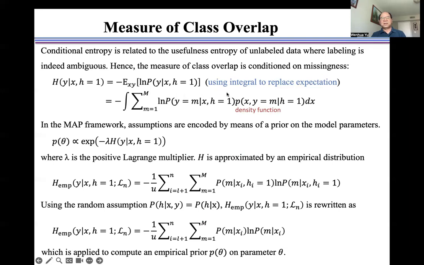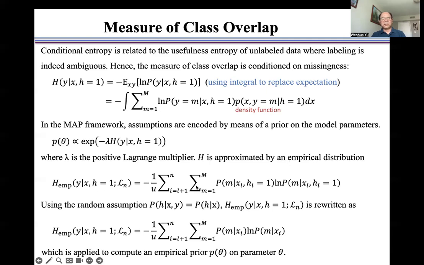Using an integral to replace the expectation, we have this formulation. This p is a density function. In the MAP framework, assumptions are encoded by means of a prior on the model parameters, as shown here, where lambda is a positive Lagrange multiplier. H is approximated by the empirical